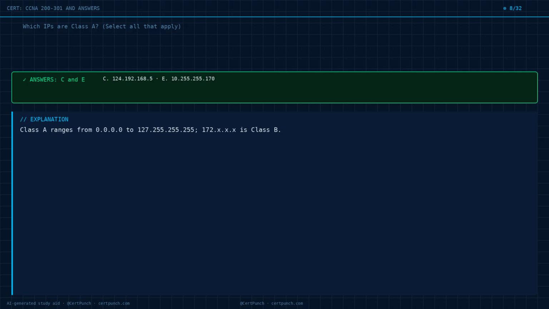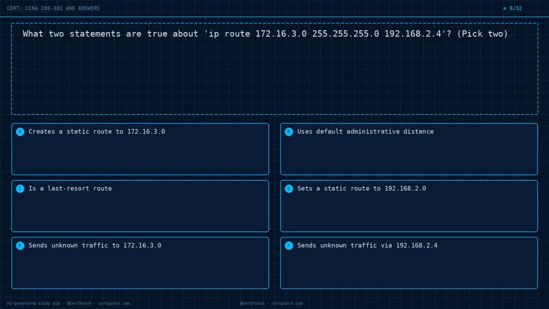172.x.x.x is Class B. Question 9 of 32. What two statements are true about IP route 172.16.3.0, 255.255.255.0, 192.168.2.4? Pick two. Option A, creates a static route to